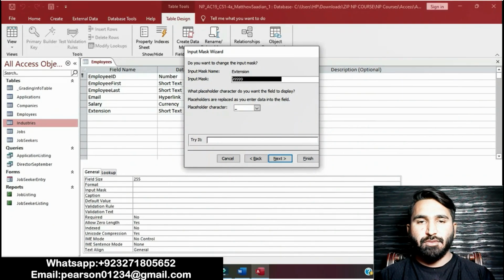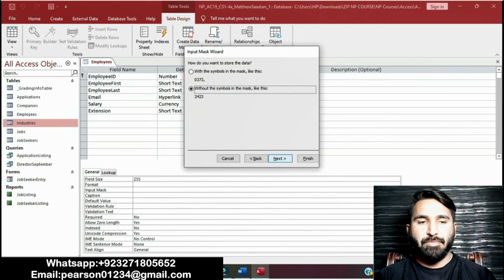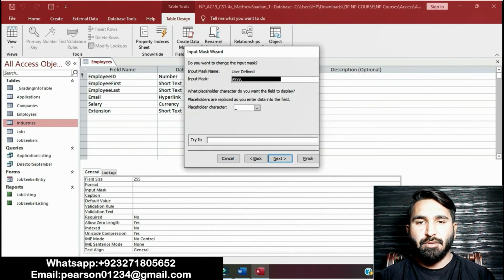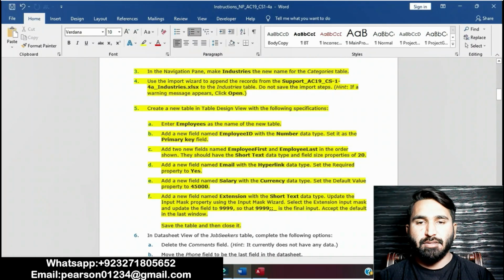So the input mask is 1999, then next. Save the table and then close it.